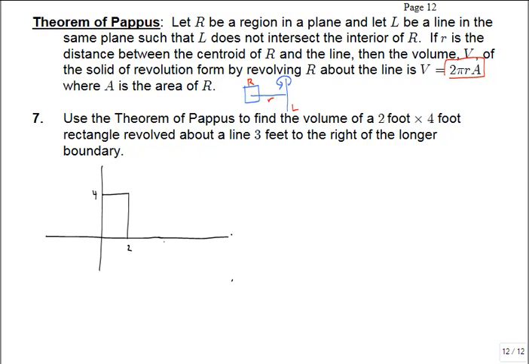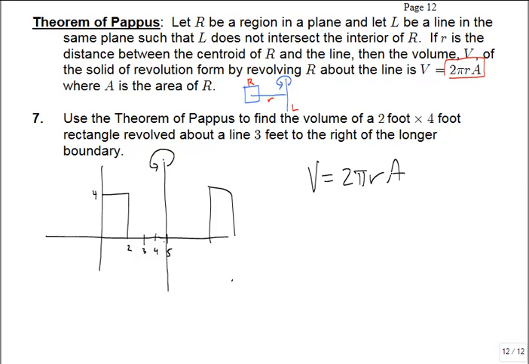And then what we have is a line that's 3 feet to the right of this longer boundary. So 3 feet to the right would put it at 5. And what we're going to do is rotate this rectangle around our line, so you can kind of visualize what it would look like if you had circles around the tops and the bottoms. Okay, now to avoid having to use the disc, the washer, or the shell method, let's use the theorem of Pappus if we can. In order to use it, this volume is going to be given by 2 pi r times